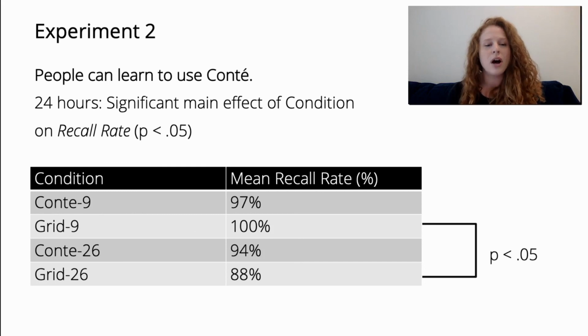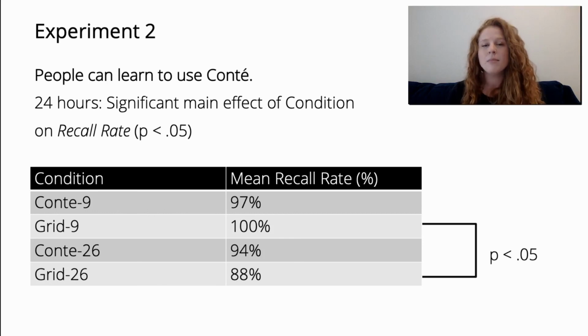Now, it's true, Conte 26 didn't beat Grid 26, but we never set out to do better. We thought the grid interface would be much easier to learn than Conte, and we just wanted to measure how much easier it was to learn. So we think that the lack of significant difference is really just due to the fact that all participants were able to learn all of the different conditions, and as you can see, the recall rates for all of them